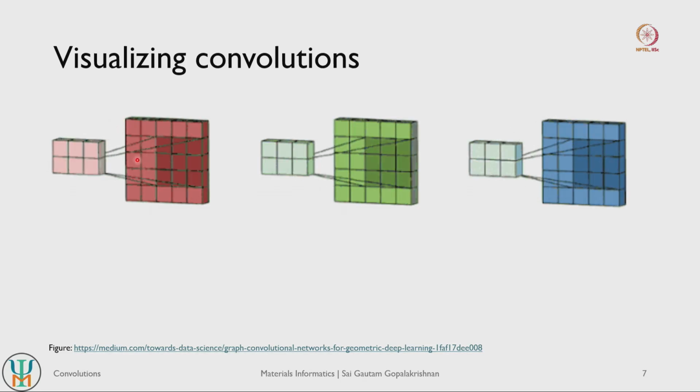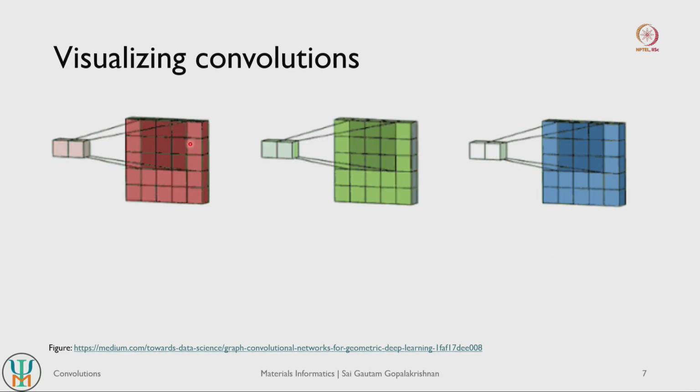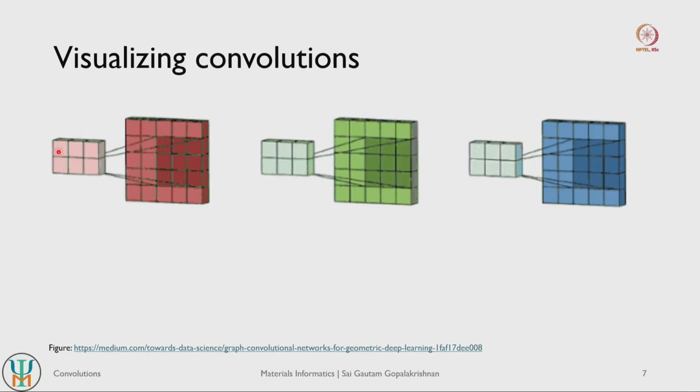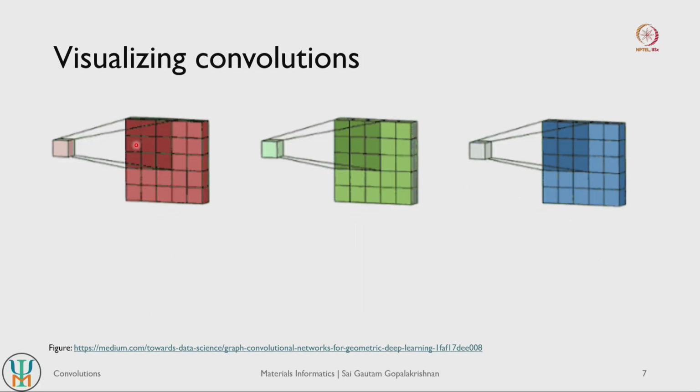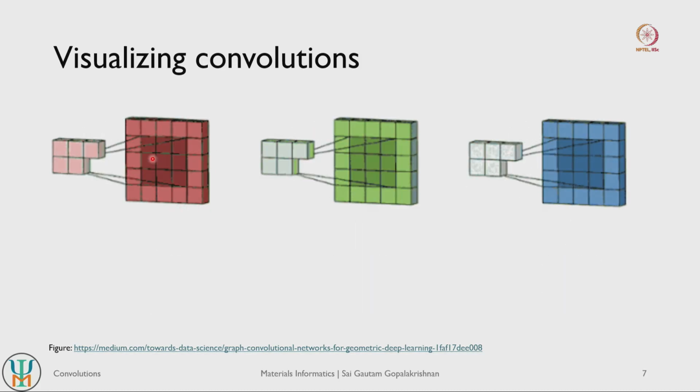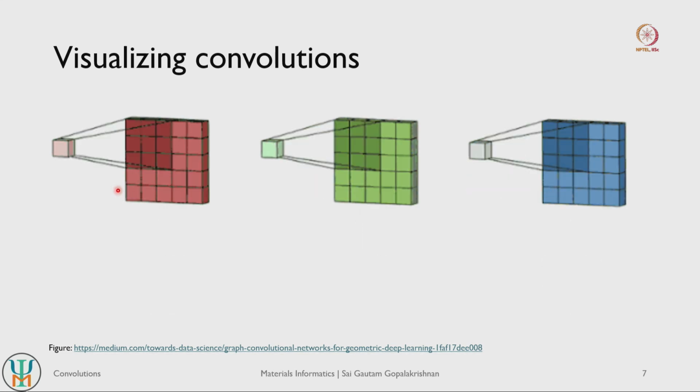Since we have not done any padding and we wanted to ensure each neuron is symmetrically interacting with the same number of neurons in its lower layer, we see that there are fewer neurons in the upper layer compared to the number of neurons in the lower layer. So in the lower layer we have 16 neurons here, so it's a 4 by 4 square, whereas in the upper layer we only have 3 neurons here.